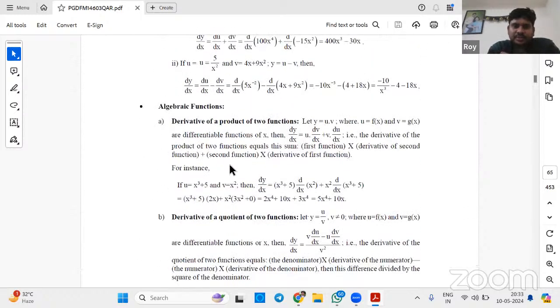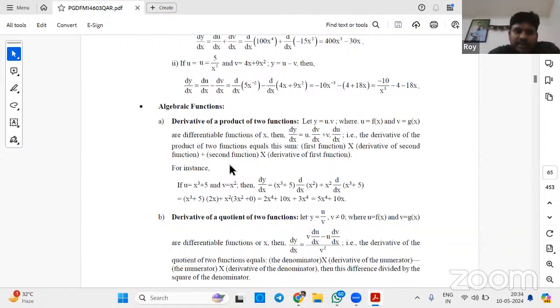Let's skip this also. Now see this in algebra. There are some algebraic functions where they talk about the derivative of a product of two functions. How will they calculate it? Let y is equal to uv, where u is equal to f of x, and v is equal to g of x. They're talking about the sets actually, right? When we are solving this, it looks like a kind of serious war is going on, because problem solving of these derivatives is a bit tough, but if you understand the concept,